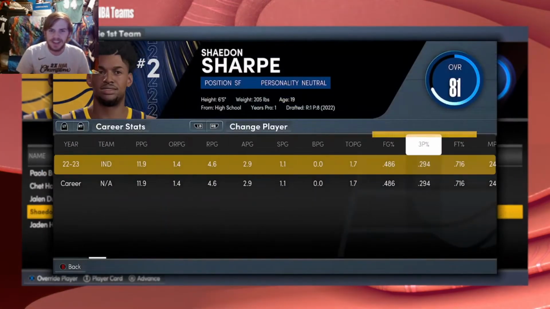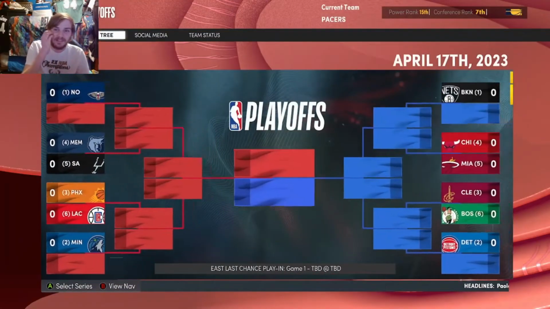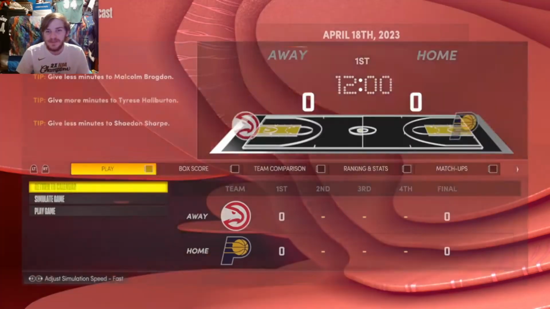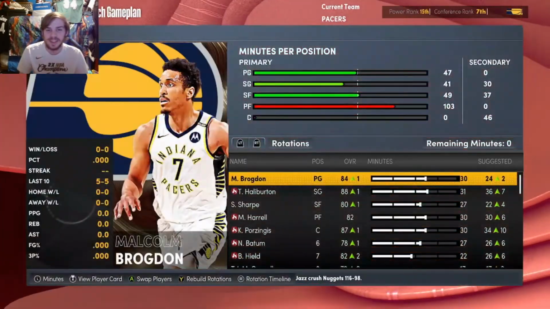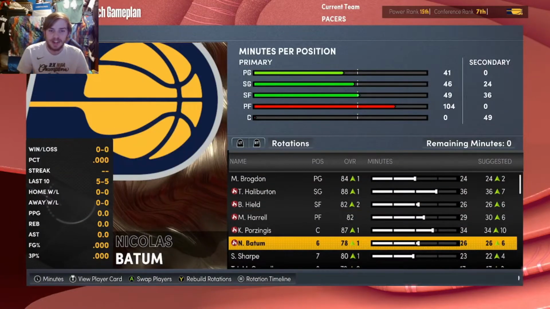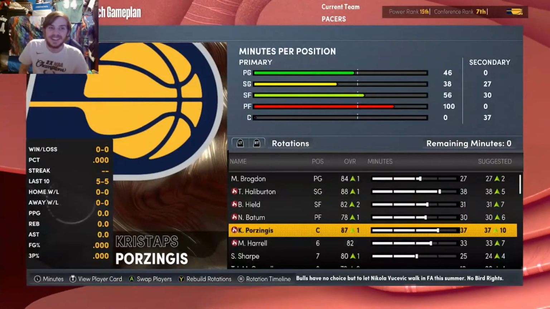Decent efficiency, not as good from the three as he could be, 30%, but still good for a rookie on a playoff contending team. And if you don't see in that top right corner, unfortunately, we fell into the play-in in the last few games. We were actually the 5th seed. Went on a bit of a losing streak. They keep trying to put old Nicholas Batum in the starting lineup. We went on a bit of a losing streak,